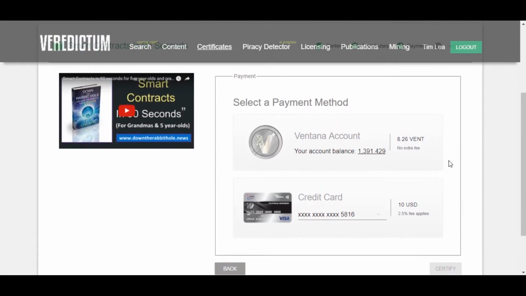To certify it, and register it, we charge a fee there. And you have 2 payment methods that could be selected today, hypothetically speaking. This is just a demo situation. If you go with a credit card or some type of fiat currency, there's a bit of a fee that could apply to that. This is all mocked up, so the fee may not be 2.5%. I don't know yet. The Ventana account, though, is what we want to go with, because that's what we're hoping to actually be using in the future for this. So if you've supported us through our crowd sale, you'd be able to use that Ventana to actually do this type of function. So I'm going to use the Ventana account,